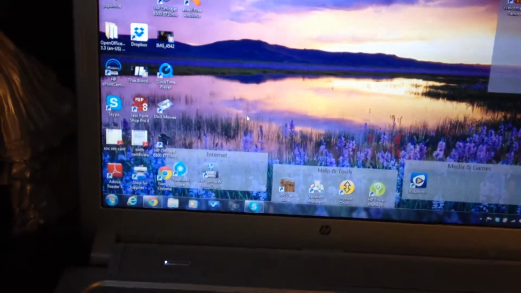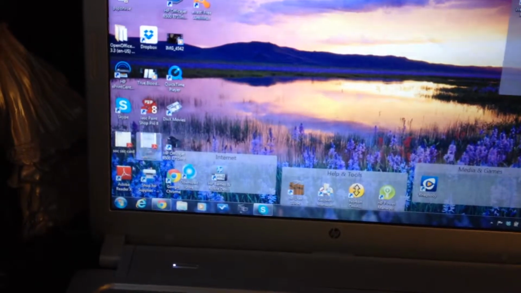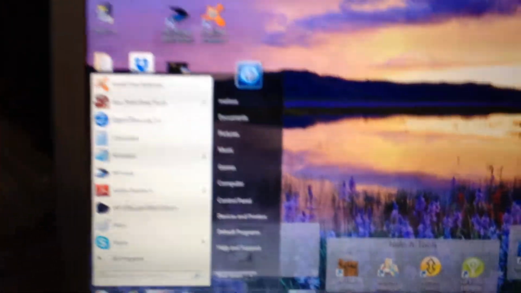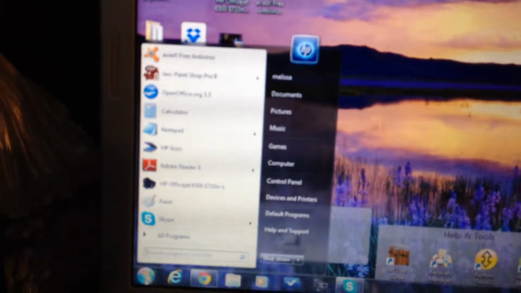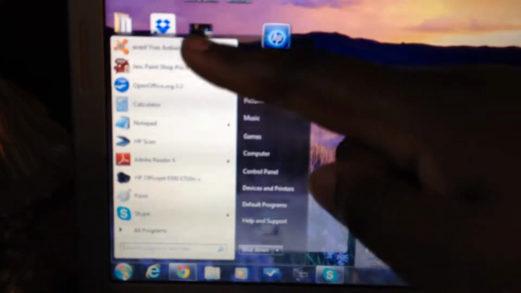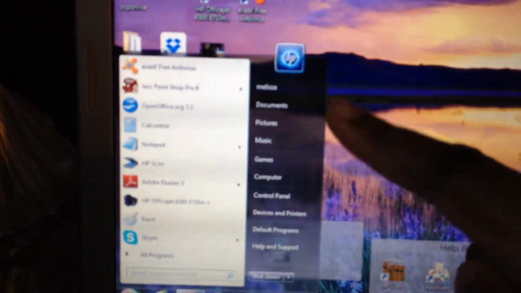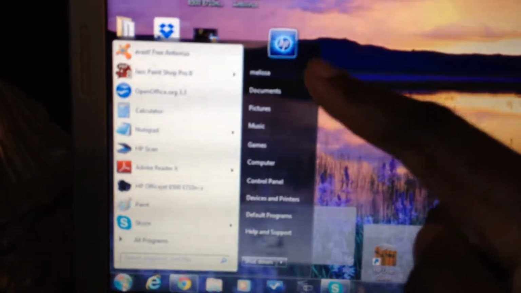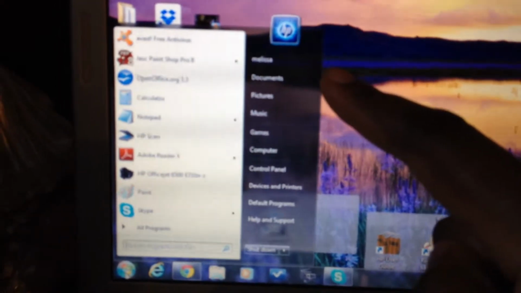So to start off, I'm going to go down here. And you see down here, there's this little thing that has the Windows icon and it lights up when you touch it. So I'm going to go down there with my mouse. I'm going to click it and this menu pops up. And this menu says, on one side it has some programs that I've been into, and the other side, which underneath the HP, yours may have that or may not, it has